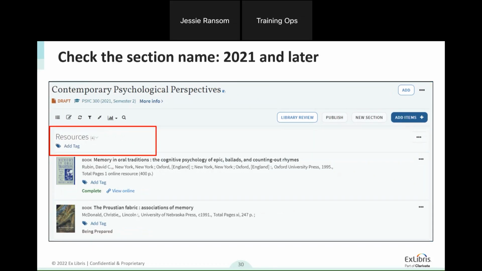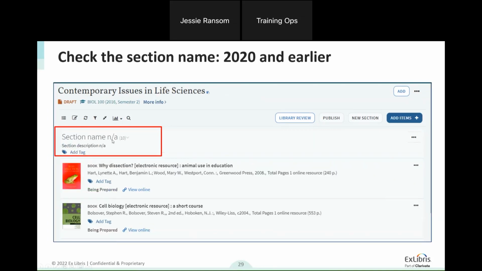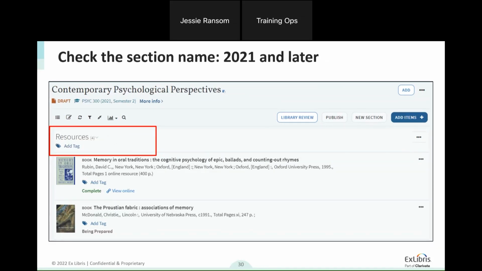If you're not sure where you are, or whether it was November or October or whatever, you can use an analytics report. You can use analytics to pull a list of all of the section names. That's actually what I did here to find this one, because we don't have very many examples of this. So I did an analytics report to pull the section name. I filtered to exactly this section name, N/A. This is what it will say. So you can filter to that to just see if you have any. And if you do find that you fall into this situation, like I said, it should be pretty rare, but it may apply.